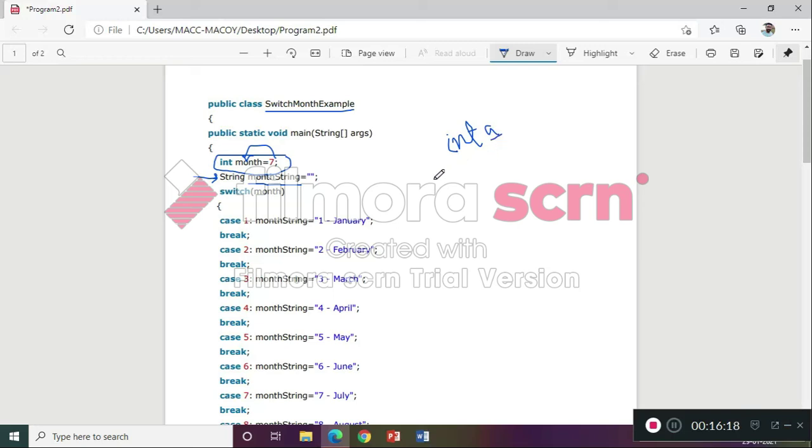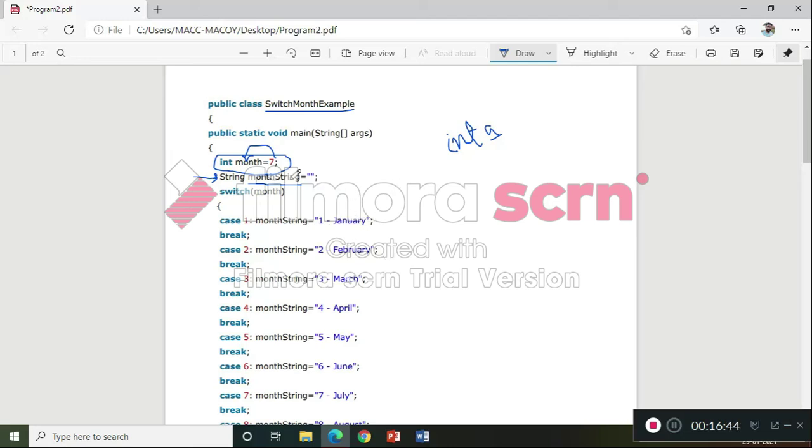Integer values. That means -1, -50, 0, 1, 2, 20, 80, 1 lakh, 2 crore, anything. But a complete number, a whole number, not a decimal number, neither a fraction, right? Similarly, String can withhold words or sentences. For example, January is a word, it is not a number. February is a word, it is not a number.